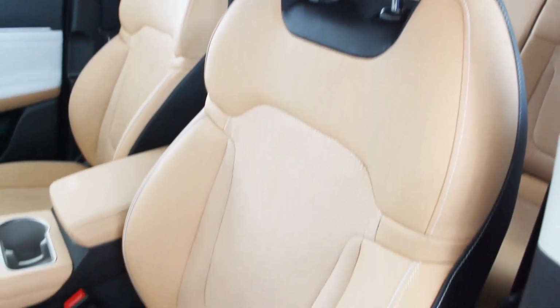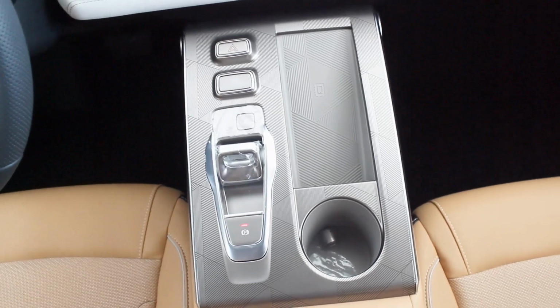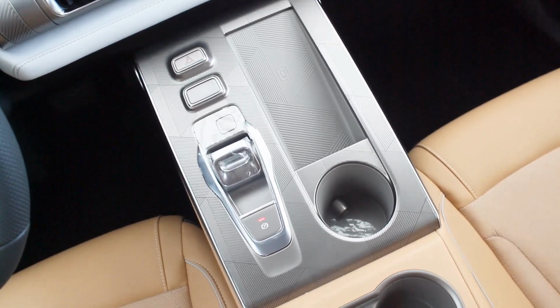And then here too with the seats, it's still leather, but there's some bits now that are fabric. But at least for this base model, you still get electronic adjustments for this side of the seat only. Yep, only for the driver's side. And then here, biggest change visually is the center console. Compared to the gloss black, this one has a lot of lines here and there, but I got to be honest, this one feels a little bit better than the all gloss black of the top of the line